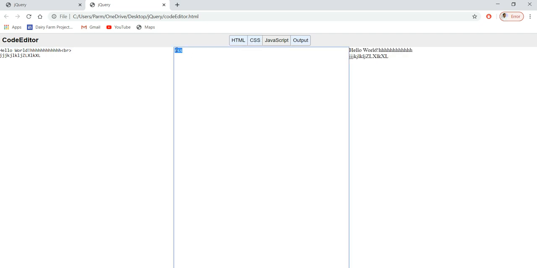If we write some paragraph over here, and to this I give id equal to say p. Then here I write my name is Pam. Then close this paragraph element.